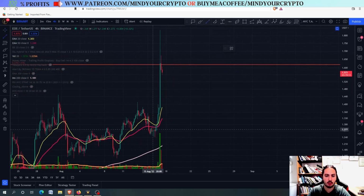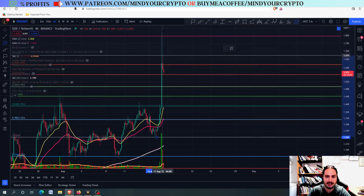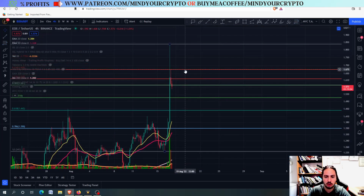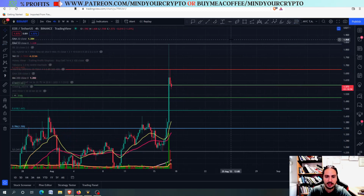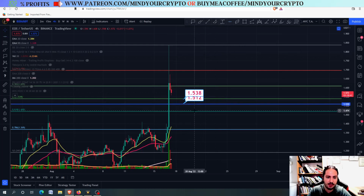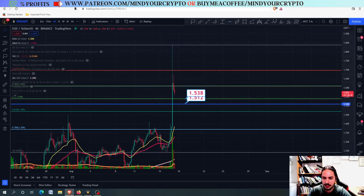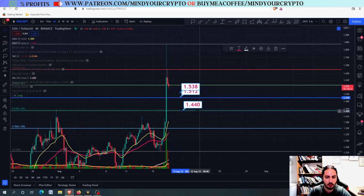Let's see some support levels for the EOS against USDT chart. Right here you can see that. I'm going to open the Fibonacci. Here we go. I had the wrong tool enabled and I'm going to close the previous Fibonacci level. You can see that the next support level with the logarithmic scale sits at around 1.512. With the regular scale, it sits at around 1.538. I'm assuming that EOS will be going down into these support levels, and from there we might have a nice buying entry, although I'm thinking that EOS can manage to pull it off down to 1.44 as well,